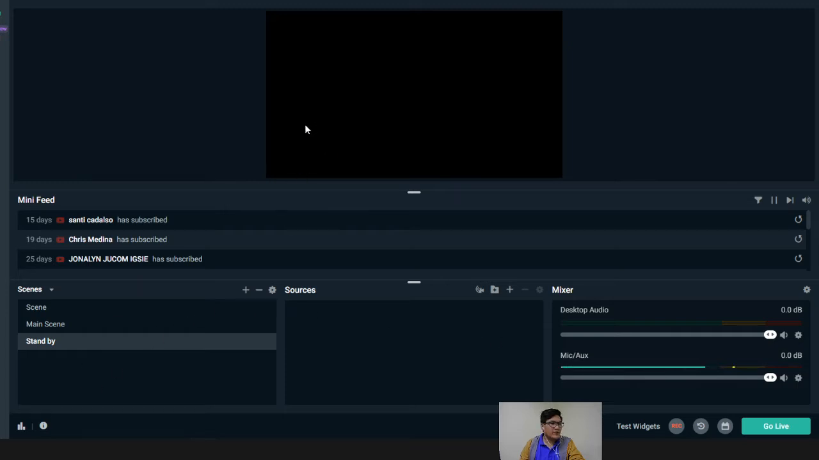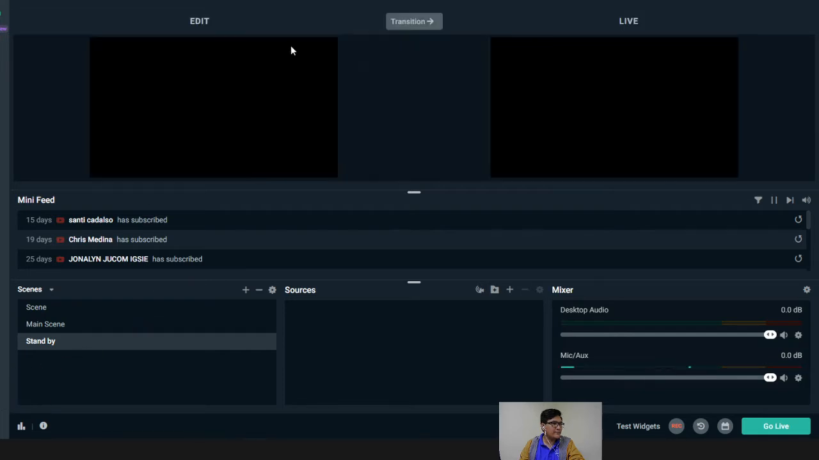So you can also have a studio mode. In your Streamlabs, you just have to click it here in the studio mode, and there is again the left and the right panels. Wherein the left is where you edit your stream, while the live is the one that is the main program that will be shown directly to your accounts. All right, and then